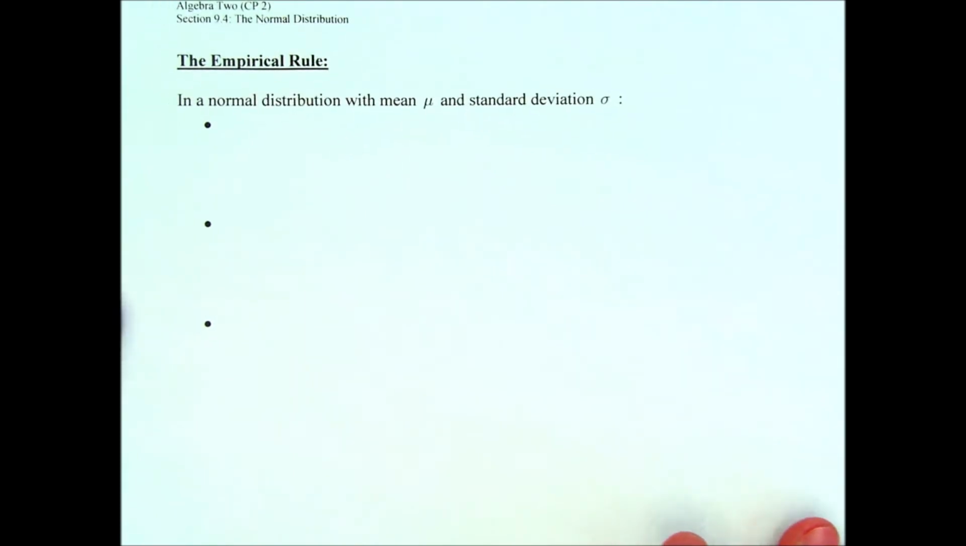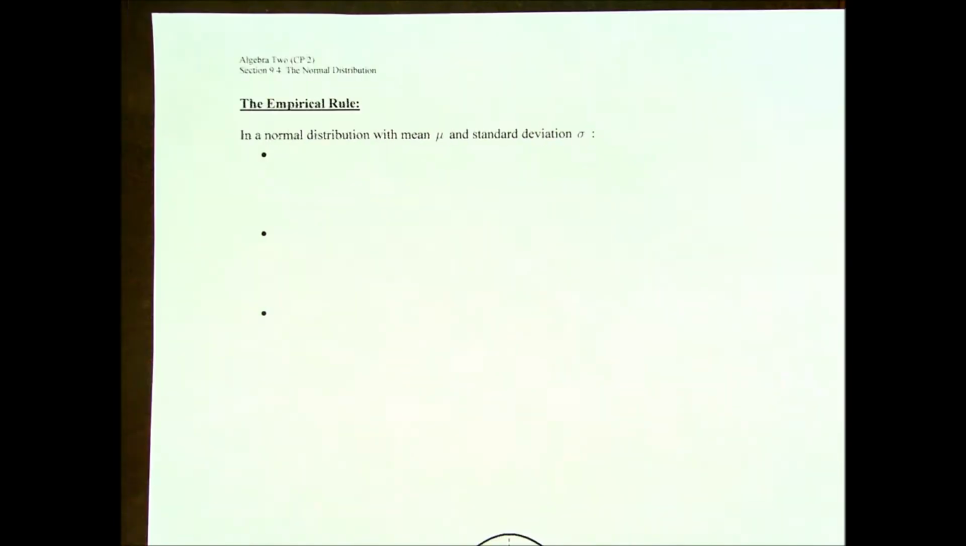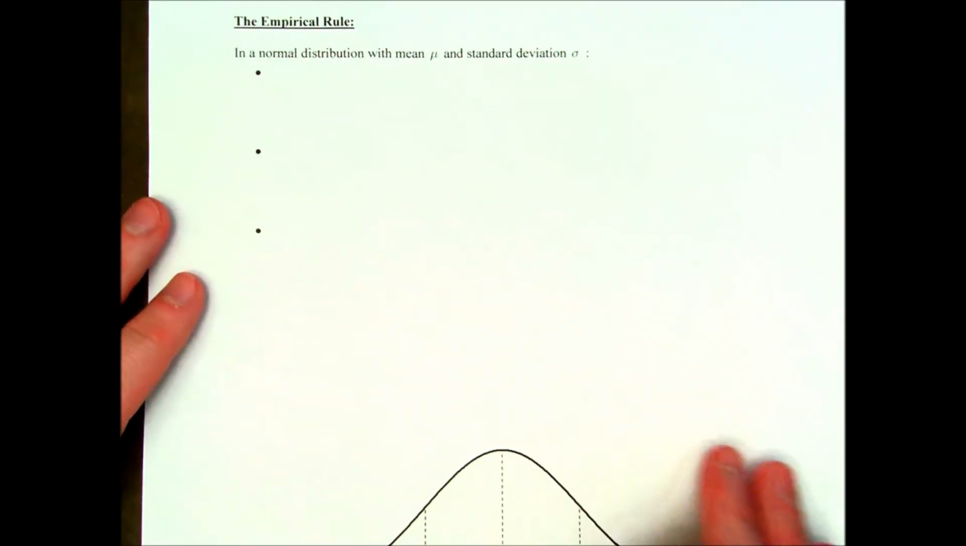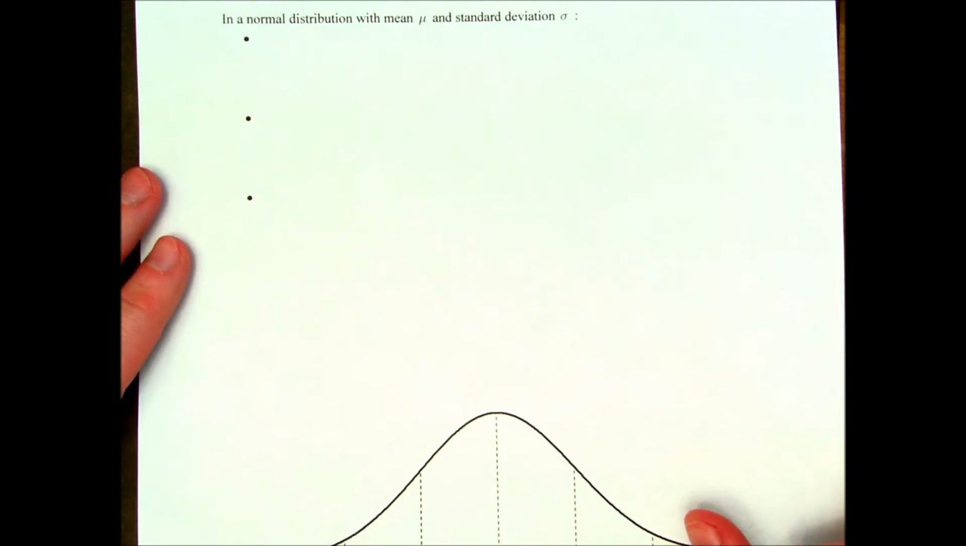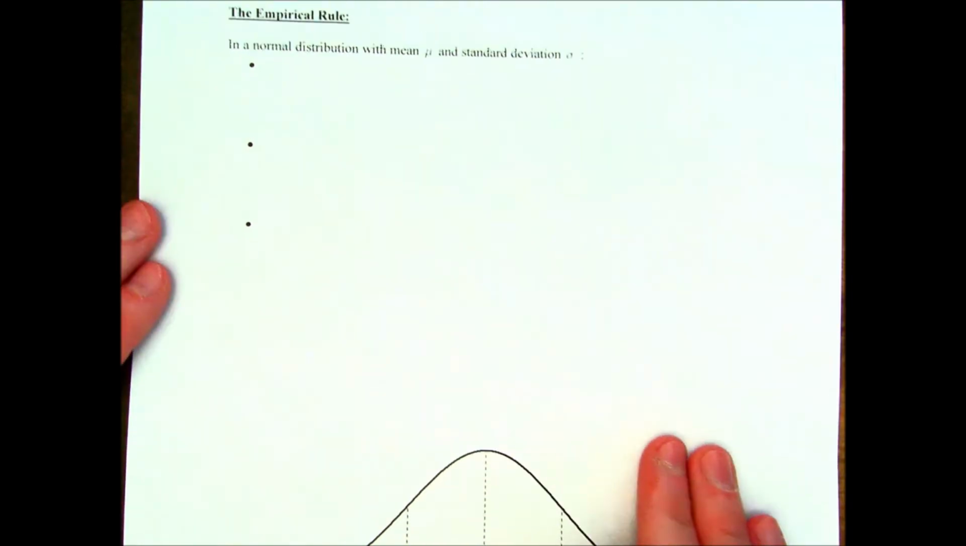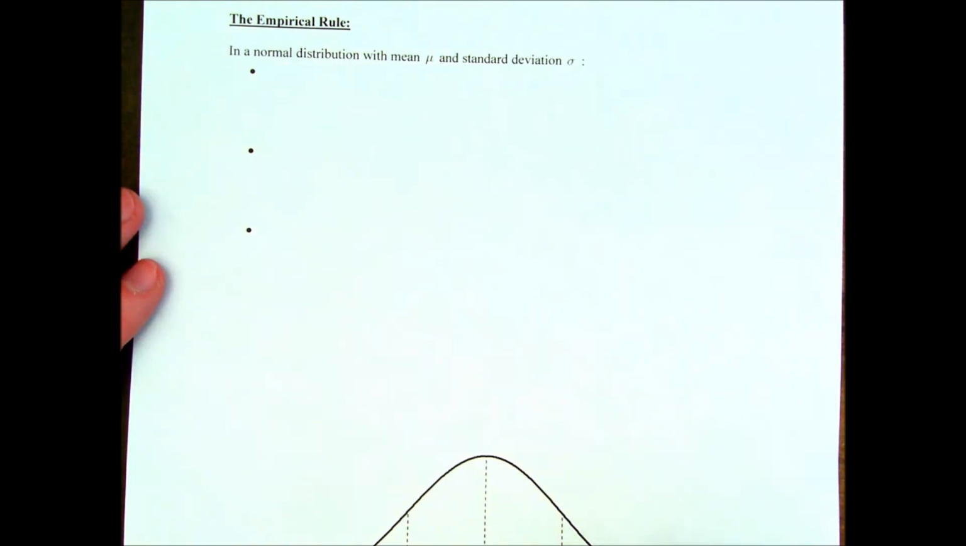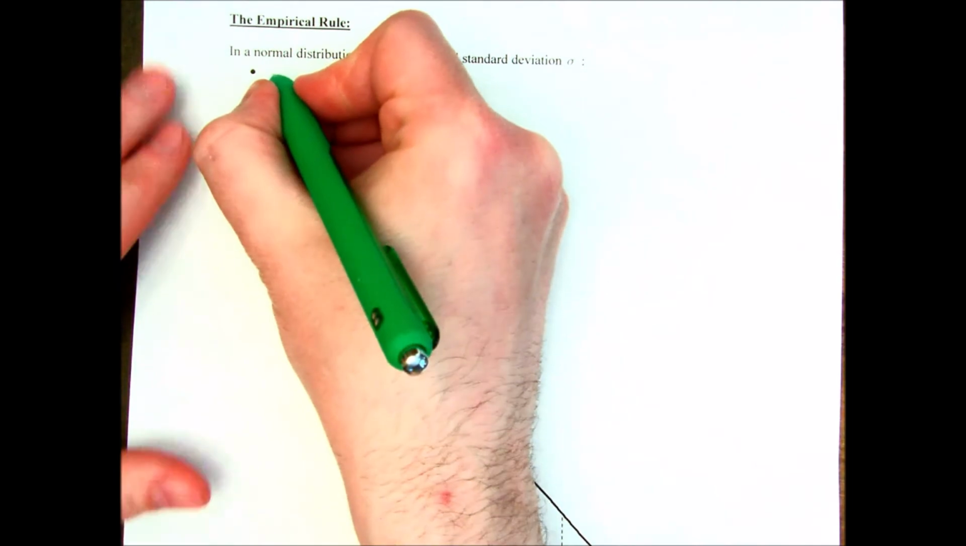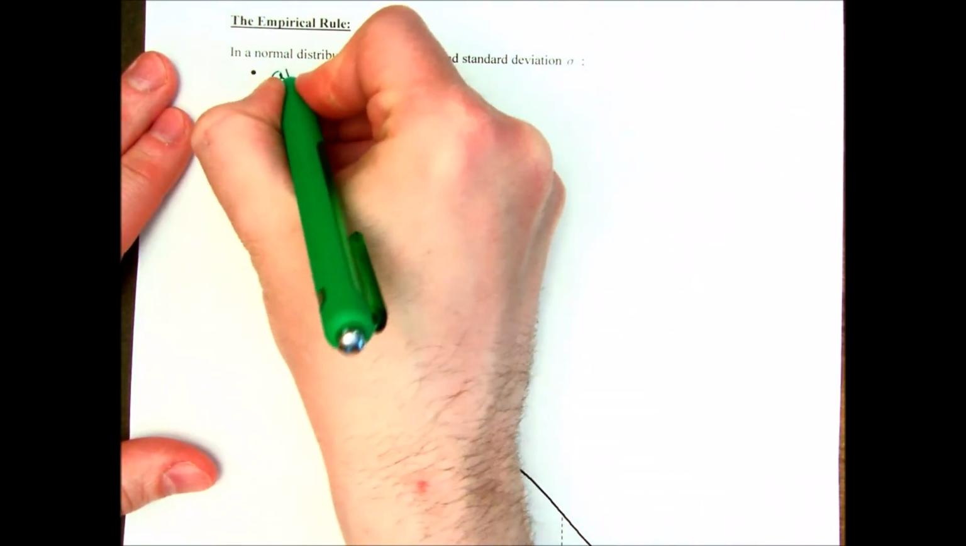We have this thing called the empirical rule that will help us understand these normal distributions. I want to zoom out so we can see both the bullet points on the top and the graph on the bottom. Well, I'm still going to have to move it around a little bit. In a normal distribution with a mean of mu and a standard deviation of sigma, our empirical rule says about